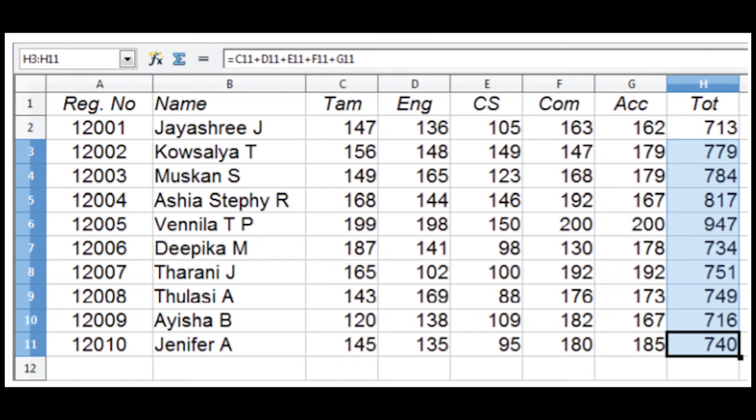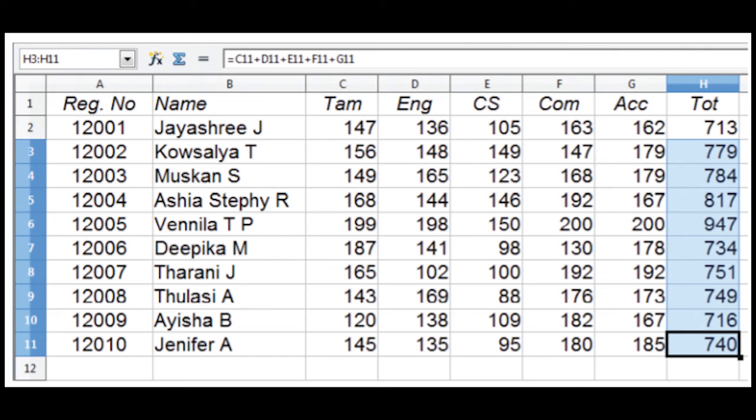Here, autofill means this copy paste process can be replaced by clicking and dragging, right? In this diagram itself, if you see, in the line where you have given the formula, you can click that cell once, and in that active cell you will see a small dot-like symbol in the corner. In the right bottom corner there will be a box-like symbol. There you will just click and drag it.